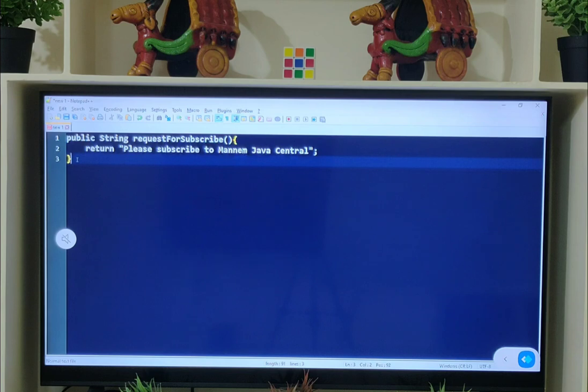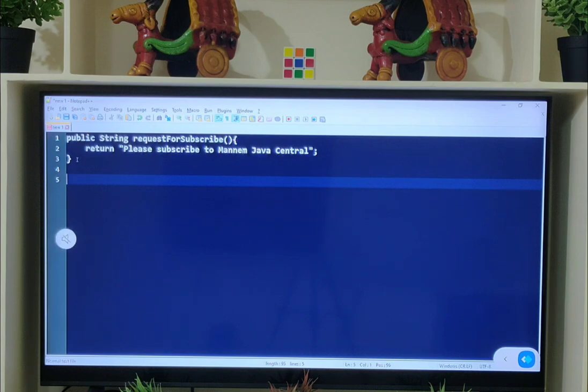Now let's convert this above function into a lambda expression. You know already lambda expression does not have a name, it does not have a return type, and even it does not have an access modifier. And if you have only one statement, you no need to take the curly braces. If you want to use the return keyword, then you should put that return statement in the curly braces.